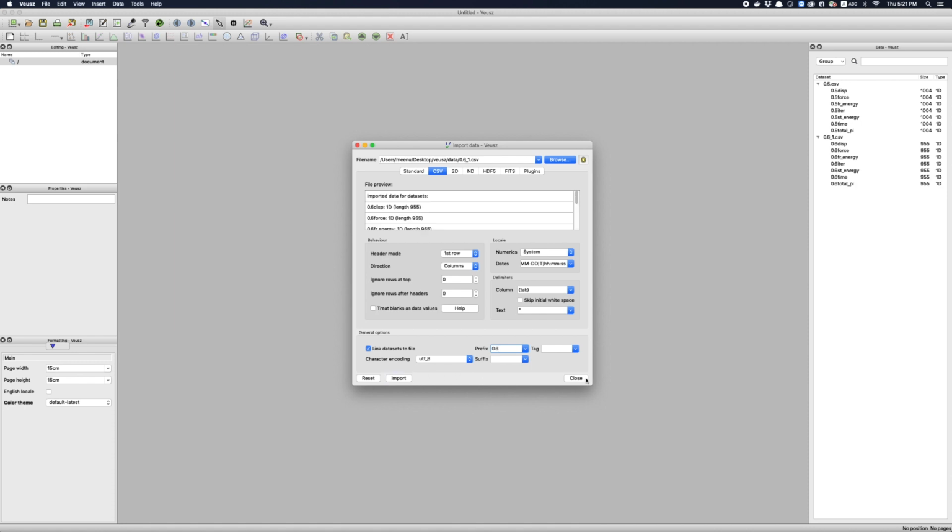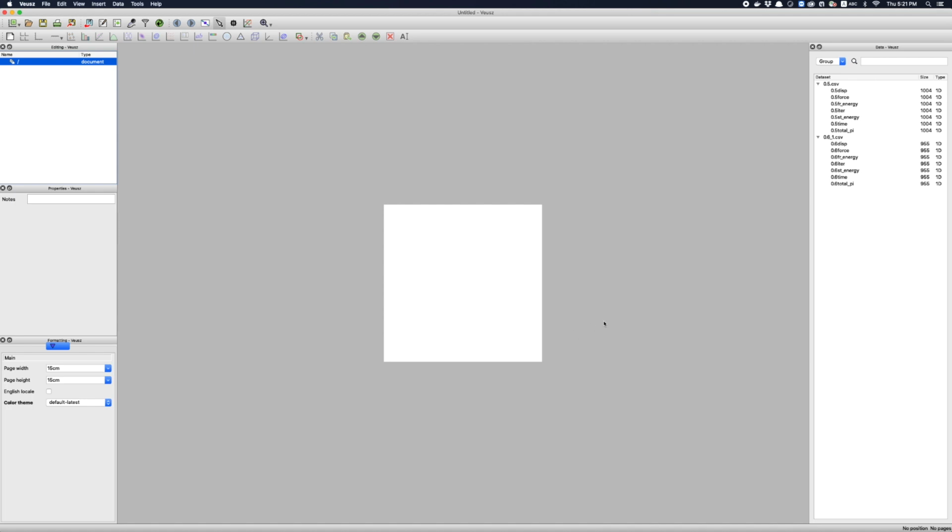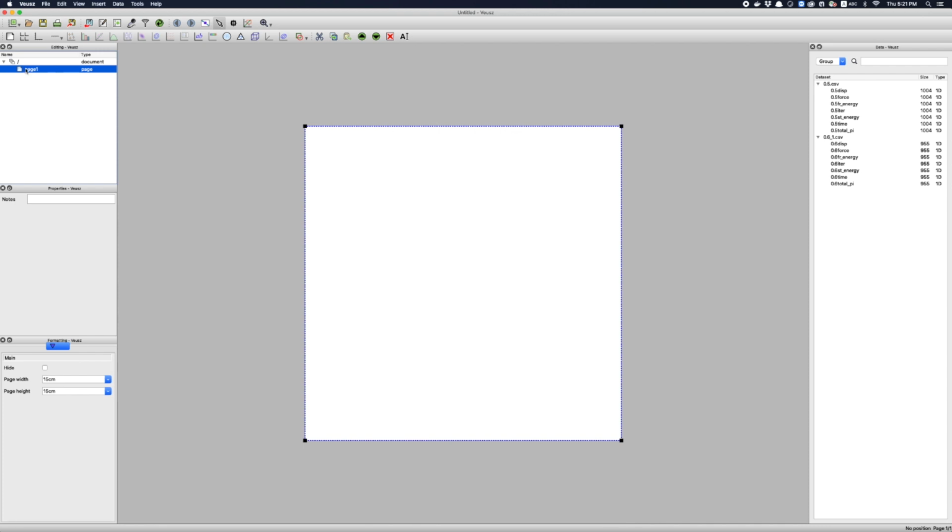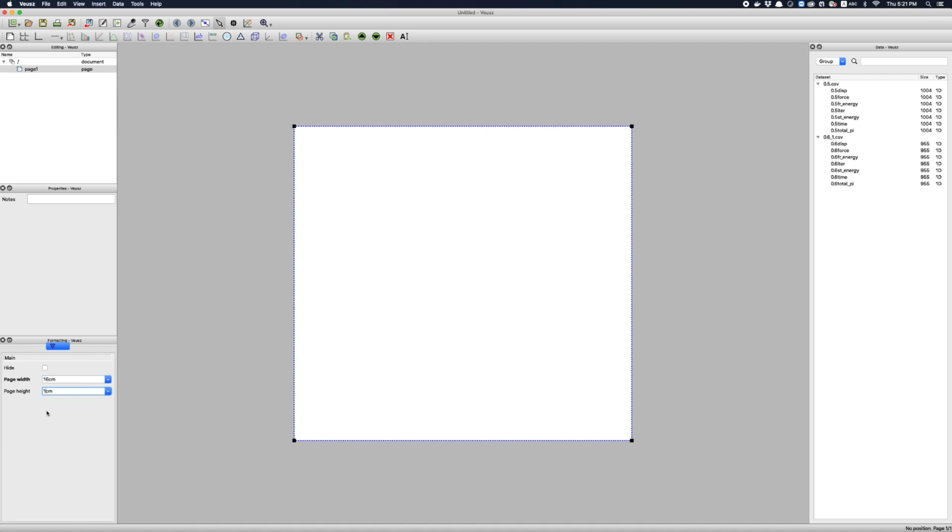Before finalizing the dimension of each graph, you have to decide how many graphs you want in a single page. So, in this particular demonstration, I am adding 4 different graphs in a single page. So first you have to fix the dimension of the page. For this particular case, I am fixing the width as 16 cm and height as 9.92 cm.